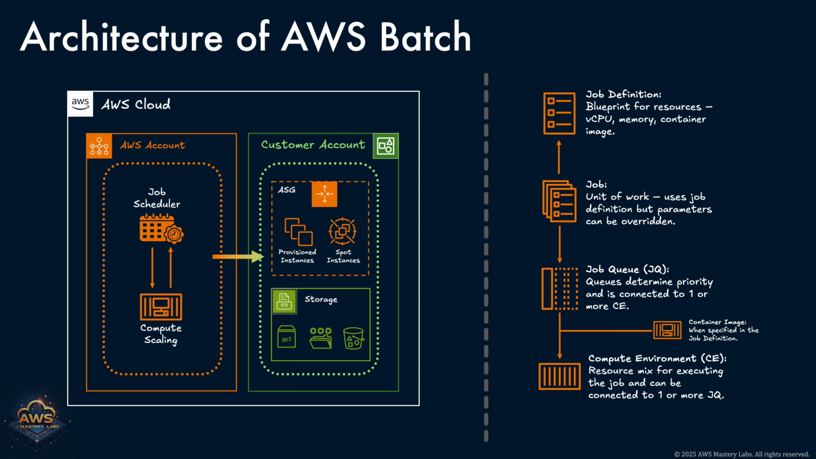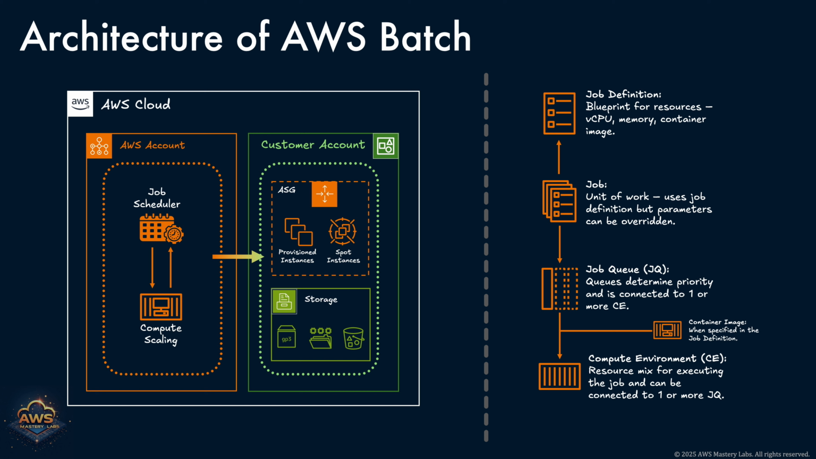On the left side of the diagram, we see the division between the AWS managed infrastructure and the customer's AWS account. Within the AWS account, AWS Batch acts as the central orchestrator. The job scheduler is responsible for managing job submission, determining execution order, and matching jobs to available resources. Beside it, a compute scaler dynamically evaluates job demand and works with the customer's account to provision the appropriate compute